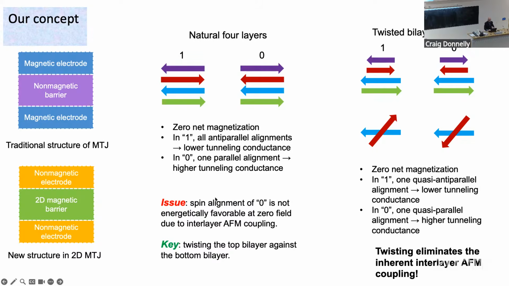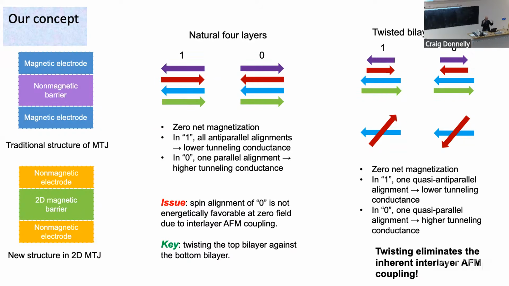And our concept was, well, okay, we could build a structure where each layer, if you like, is formed from one bilayer. So it has no net magnetization. So we're going to form a 2D magnetic barrier formed from two bilayers as shown here. Okay, so now we can rotate the one bilayer magnetization with respect to the other one. And you see at the interface, in one case, the two moments, the red and blue arrows, are antiparallel. In the other case, if we switch the bilayer, they will be parallel, and we would see a change in conductance. But again, of course, the structure wants the layers to be antiparallel, so this would not be useful to